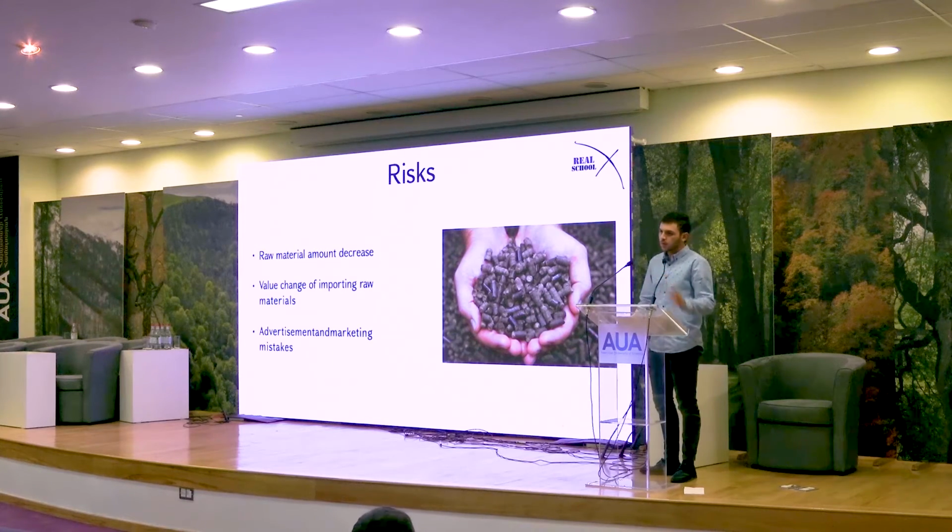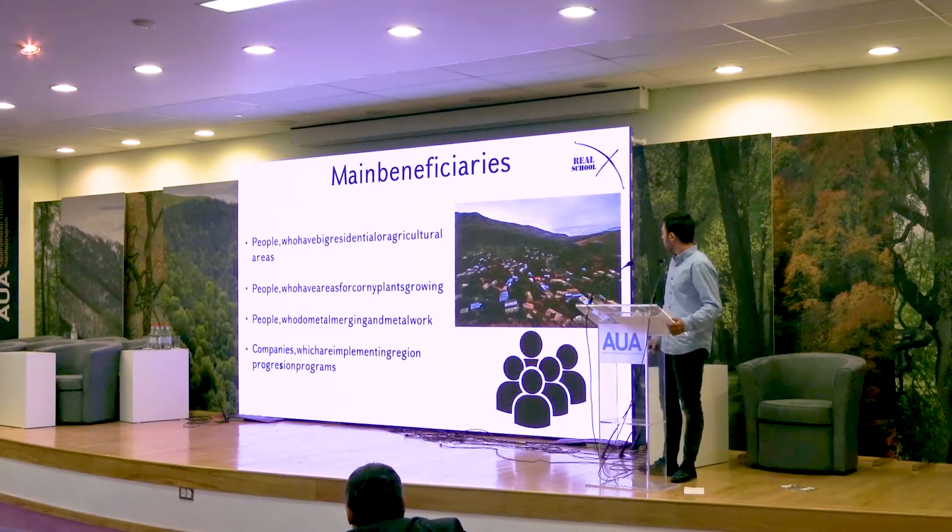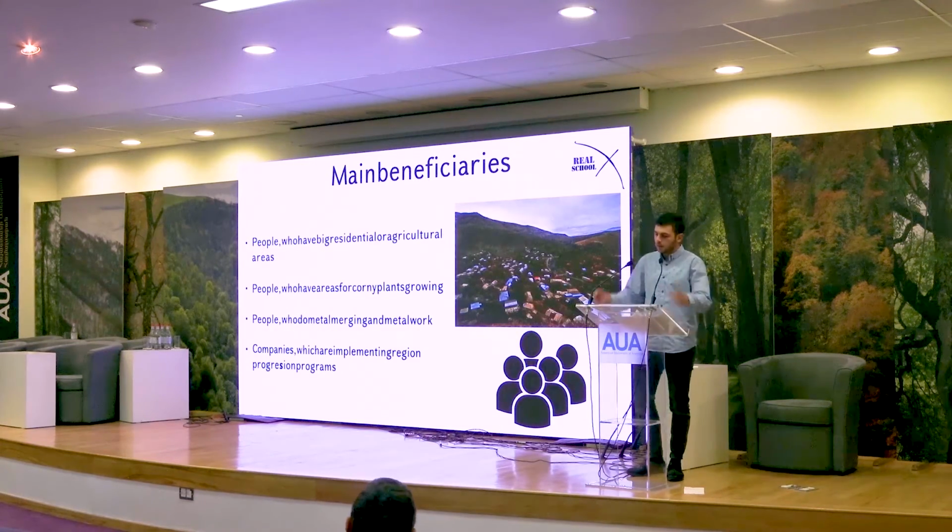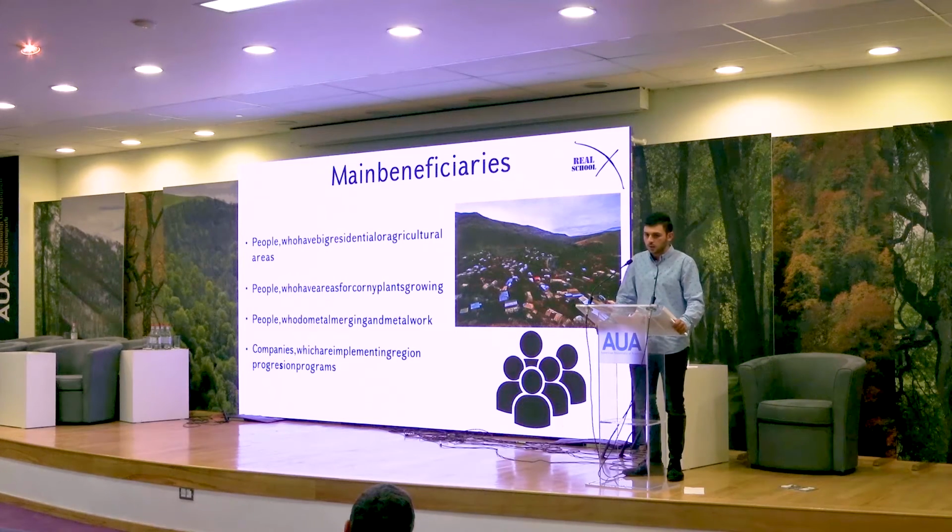Սրանք խնդիրներն ու ռիսկերն են։ Հիմա հասկանանք, թե ովքեր են նախագծի հիմնական շահառուները։ Հիմնական շահառուները բարձր դա գյուղերի, համայնքների բնակչությունն է, մասնավորապես մարդիկ, ովքեր ունեն մեծ բնակելի կամ գյուղատնտեսական տարածքներ, այսինքն՝ մարդիկ, ովքեր կարող են իրենց հացահատիկային պաշարների մնացորդները օգտագործել պելետային վառելիքի արտադրման համար։ Մարդիկ, ովքեր ունեն տարածքներ հացահատիկային բուսաբուծության համար, մարդիկ, ովքեր կատարում են մետաղային ձուլում եւ այլ մետաղային աշխատանքներ, դարբինները, մետաղի հետ աշխատող մարդիկ, ովքեր պետք է զբաղվեն վառարանի արտադրմամբ, եւ համայնքային ծրագրերով զբաղվող կազմակերպություններն ու կառույցները, ովքեր կցանկանան սա դարձնել նախագիծ եւ զբաղվել սրանով ստաբիլ ձևով, հենց խոսքս վառելիքի արտադրության մասին է իհարկե։